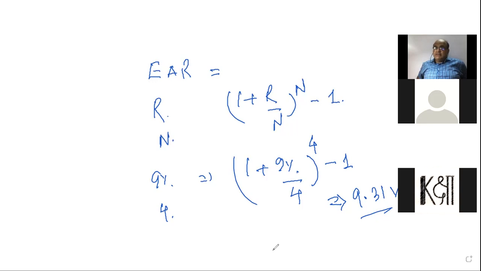But this is only for the product. You can note down this formula, (1 plus r by n) to the power n, minus 1. That formula is given in the presentation. But you do not need to use this formula when you are calculating in Excel. You simply divide 9% by 4 and the thing will be taken care of. Let me show you what I am talking about.